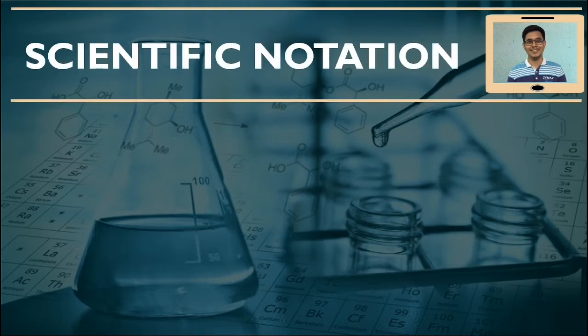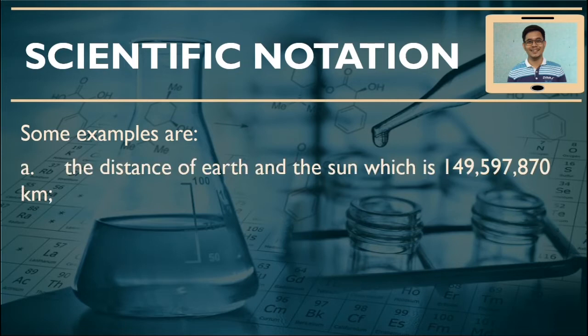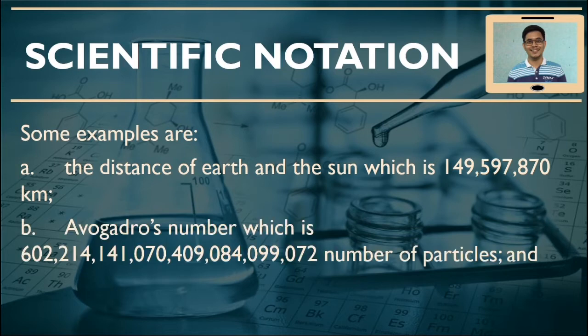Did you know that in the field of science, there are measurements that are super small or super large, that the number of digits is too many to be written on paper? Here are some examples of those values. First is the distance of the Earth and the Sun, which is 149,597,870 kilometers. Second, we also have Avogadro's number, which is